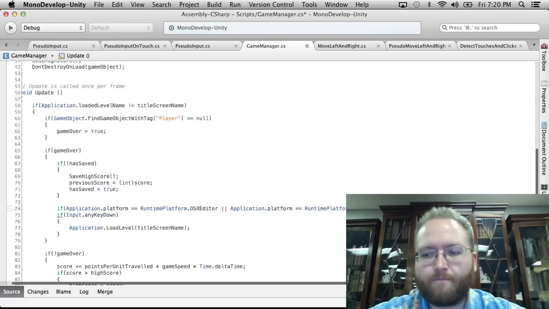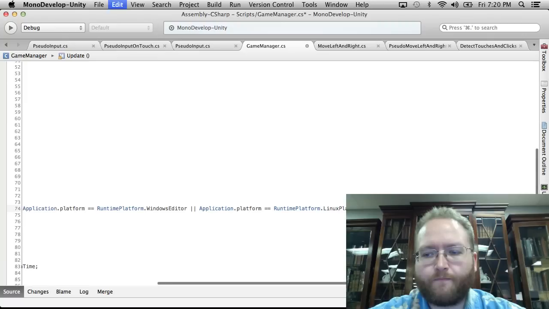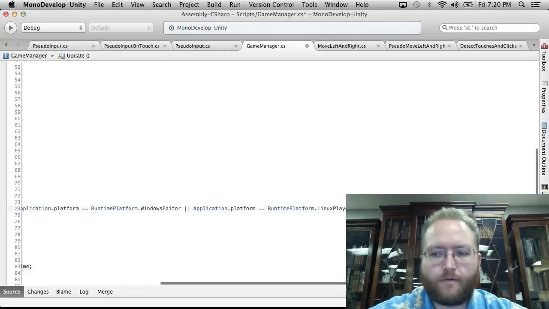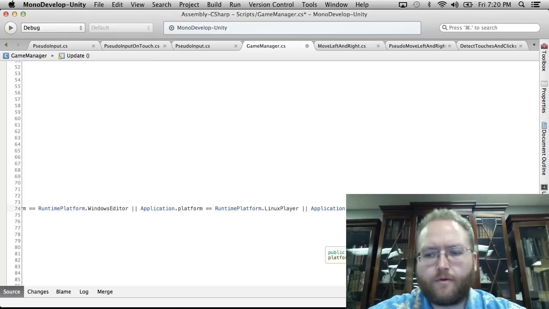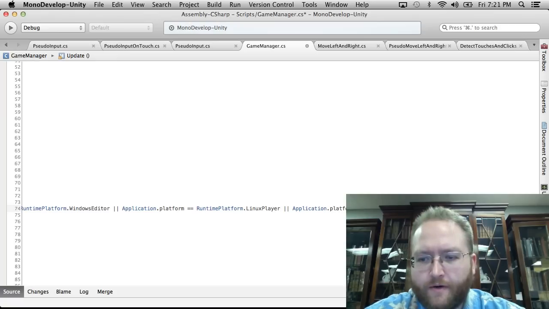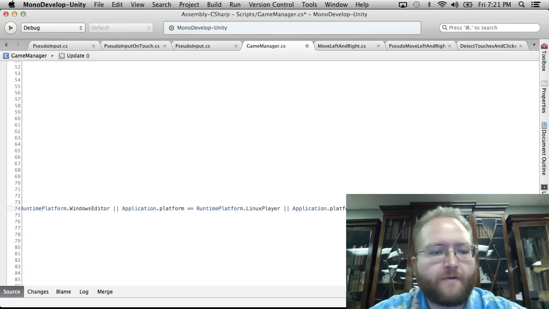Do they have more generic ones like mobile or editor or application? I don't think they do, unfortunately. Application.platform. Actually, maybe dot is, what do we get here? Is editor, is player, is web player. Yeah, that doesn't help us. Is editor. Well, is editor would get two of them, I guess. What about,